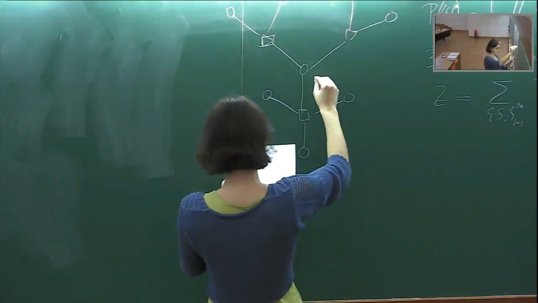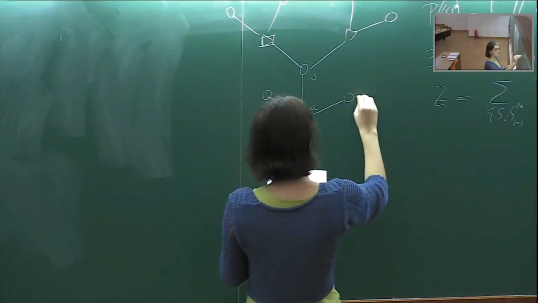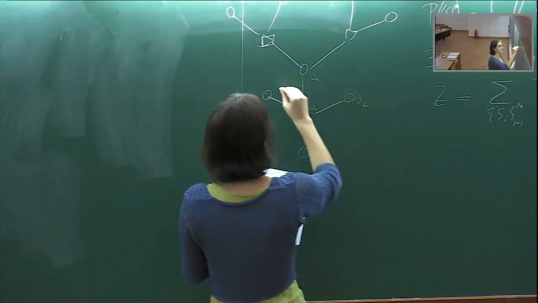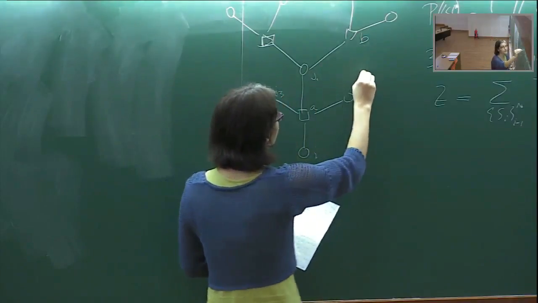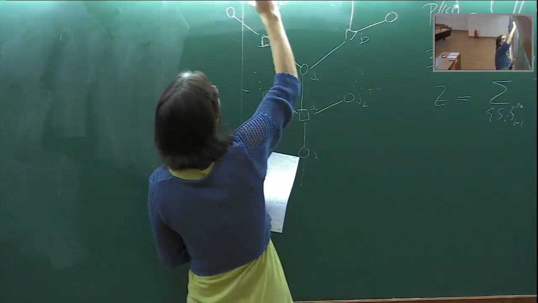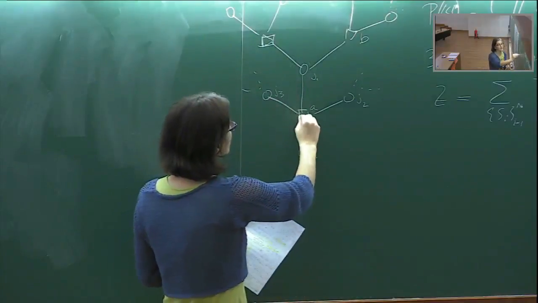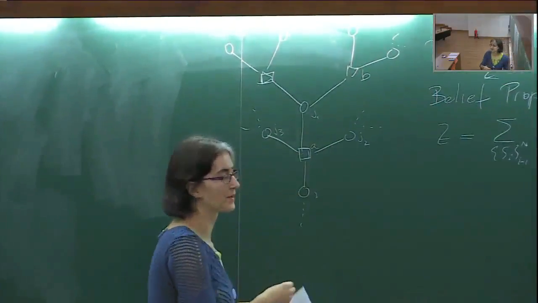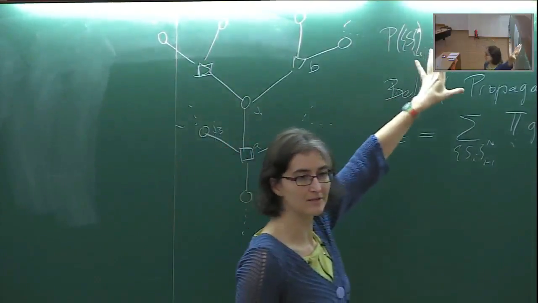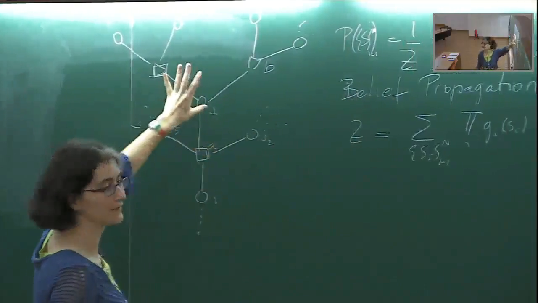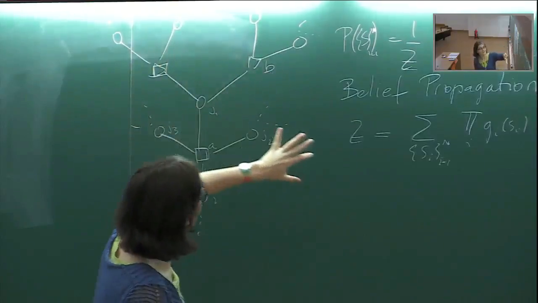So what I'm doing here is just drawing part of that hypergraph, using the fact that locally it looks like a tree. It would continue here, and here, and above there. But if I just look at how a neighborhood of some square A looks, it would typically look like that. Of course, the number of neighbors A has, the number of neighbors J has, is a parameter in this graph. I chose 4 here and 3 here, but it could be anything. But somehow locally, things look like this.